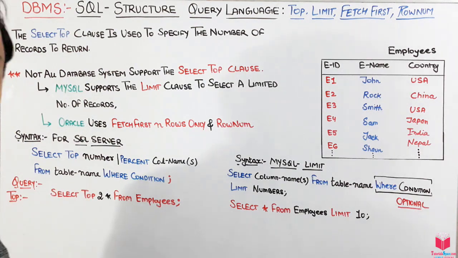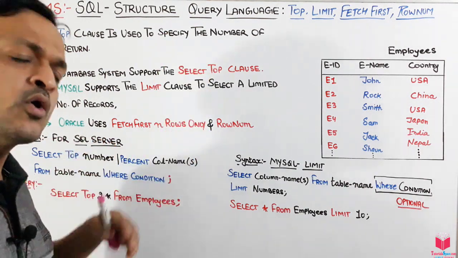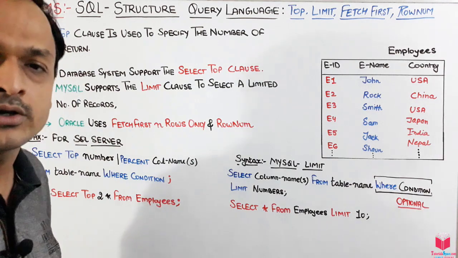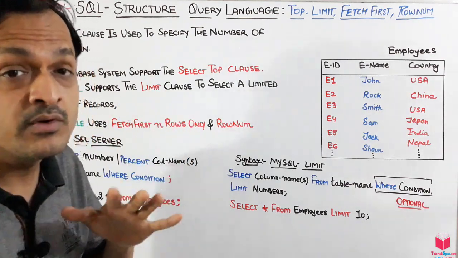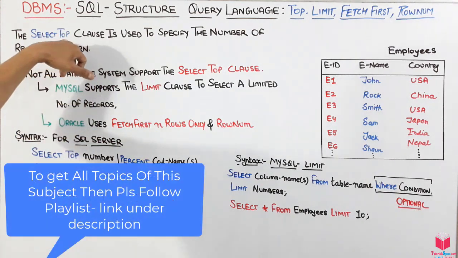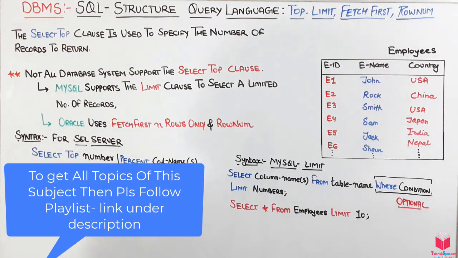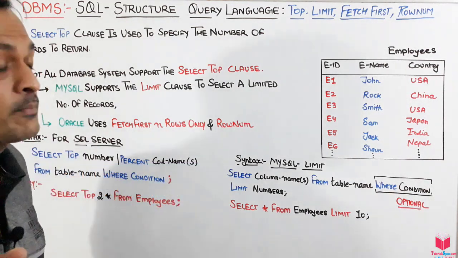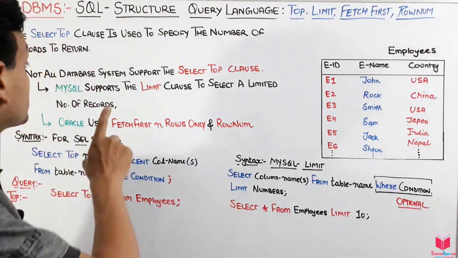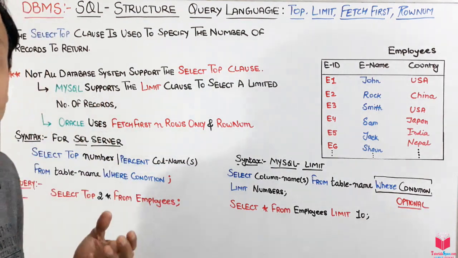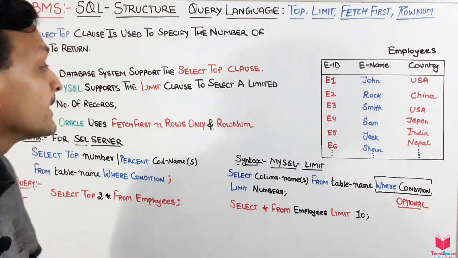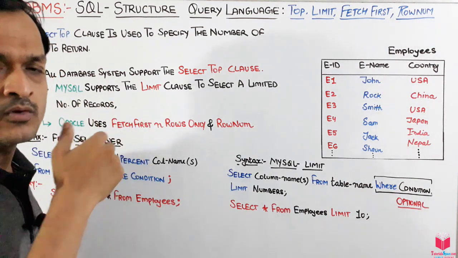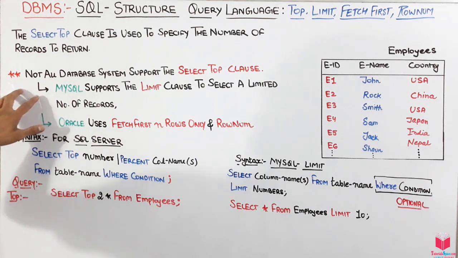Sometimes we run a query and find a lot of values, redundant or not, but we want only the top 3 or top 5. Then we will use SELECT TOP. An important point is that not all database systems support the SELECT TOP clause. It is not necessary that database systems like Oracle, MySQL, DB2 or PostgreSQL support SELECT TOP. For that we will see how we can do this.